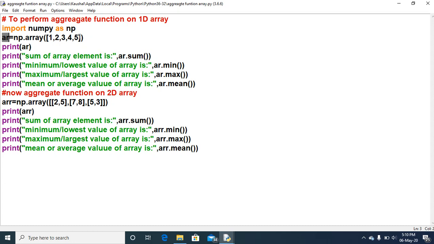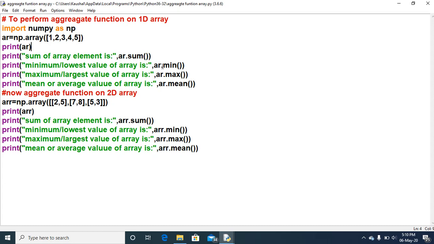What is the sum of these array elements? If we want to add all the array elements of a 1D array, then we will use the sum function.